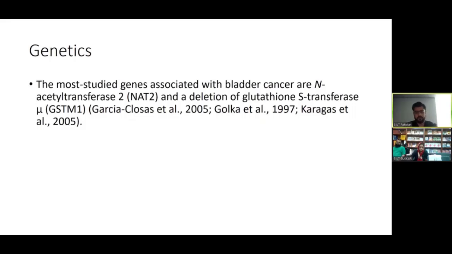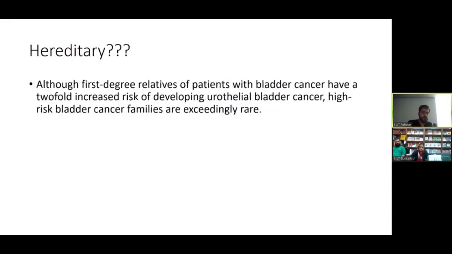Studies have suggested that genetics do play a role in bladder cancer. Those who are slow acetylators of N-acetyltransferase and those who have a deletion in glutathione S-transferase are more likely to develop bladder cancer as compared to those who don't. Although first-degree relatives of patients with bladder cancer have a twofold increase of risk of developing urothelial cancers, high-risk bladder cancer families are exceedingly rare. So we don't really have overt data to suggest that there is a genetic predisposition